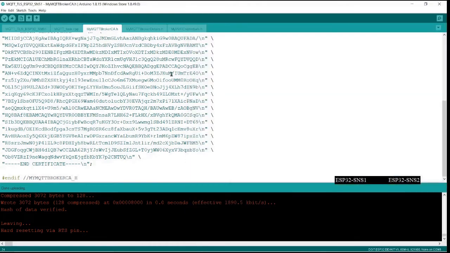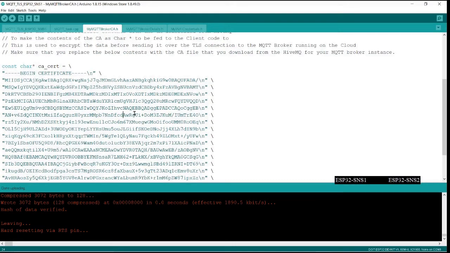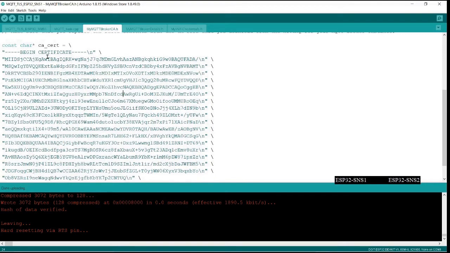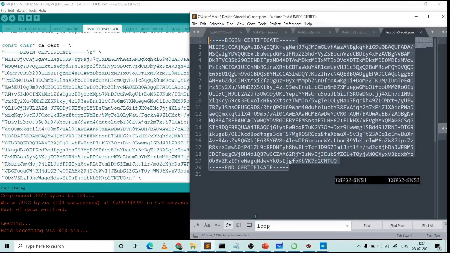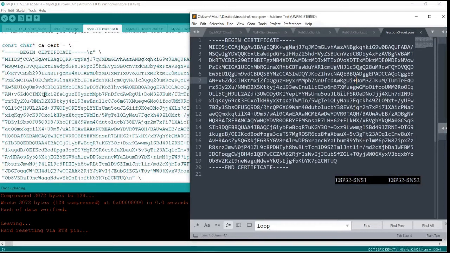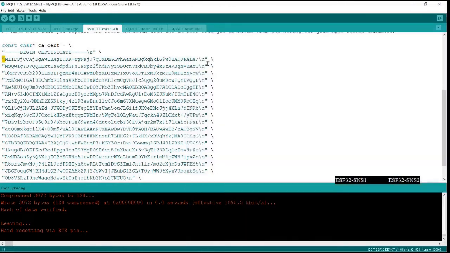When you register with HiveMQ for your own broker, your contents will be different from what I am showing here. So this will only work with my instance of HiveMQ, which may not be running when you are trying your code. So make sure that you register with HiveMQ, get the CA certificate, take the contents line by line exactly as you have got them, copy them here, and make sure that you add the begin and end lines without making any changes to any of these contents.